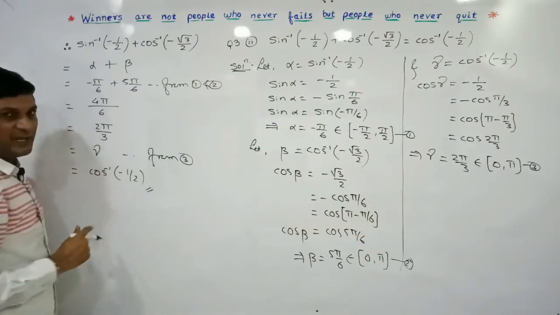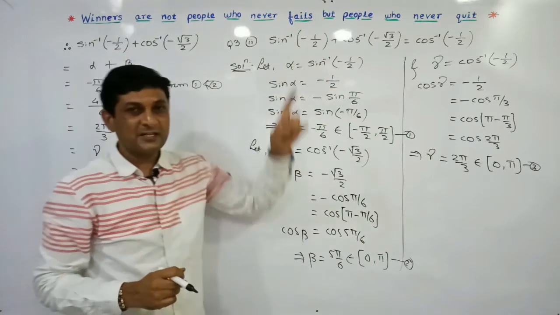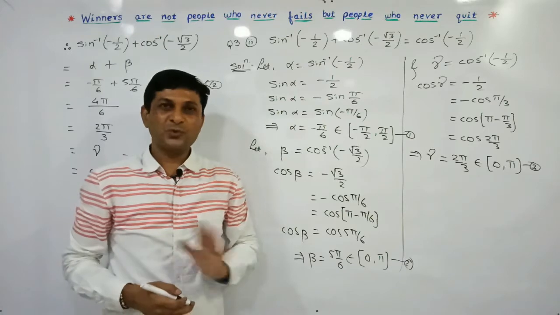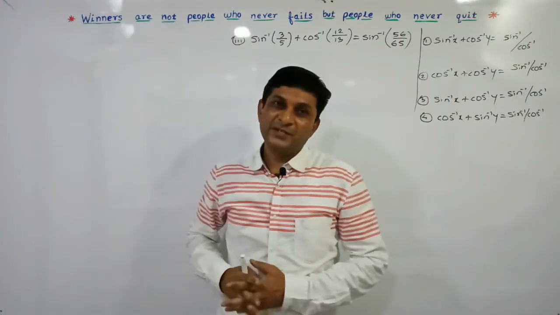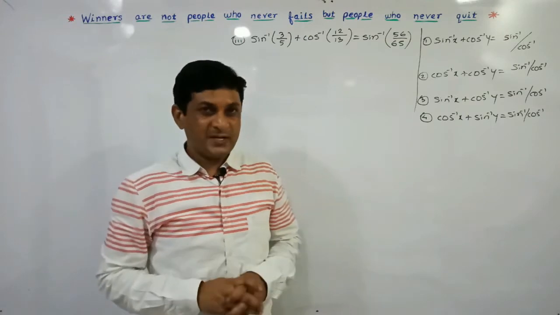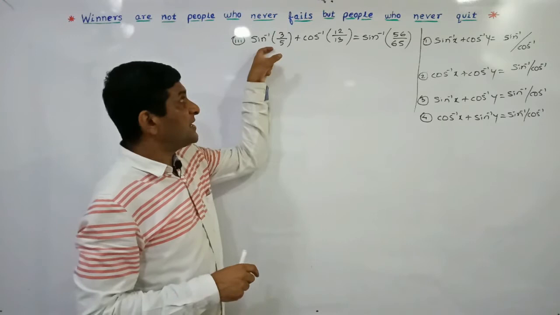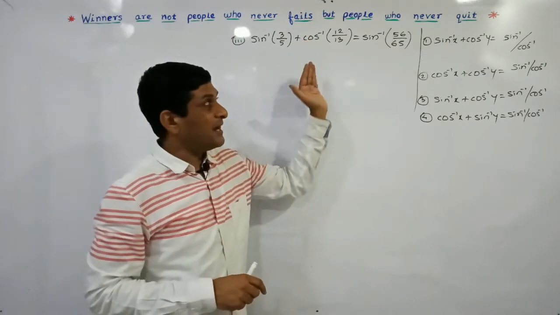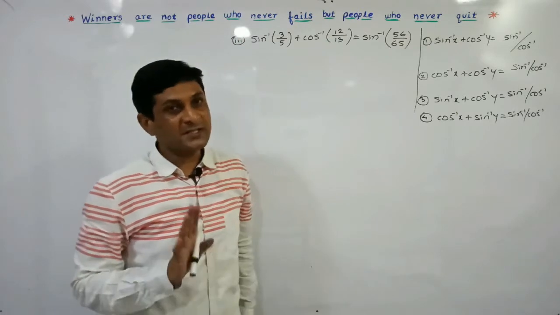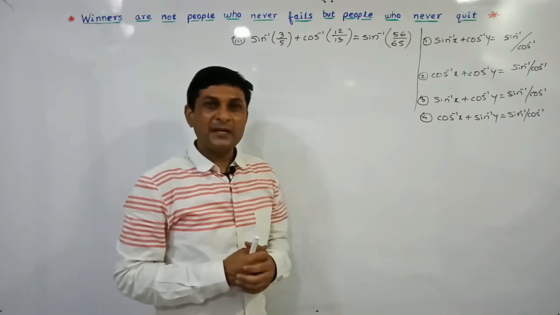And in this way, by considering the left hand side, we have got our required result, means the right hand side. Means we have shown that left hand side is equal to what? Right hand side. So here we are discussing one of the very important examples. Now if you observe the left hand side, one term of sine inverse is there and another term of cos inverse is there, and the required result is in terms of sine inverse.